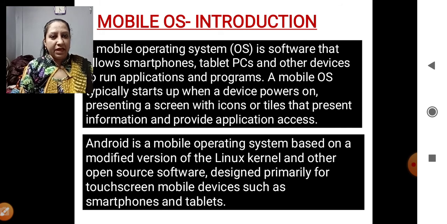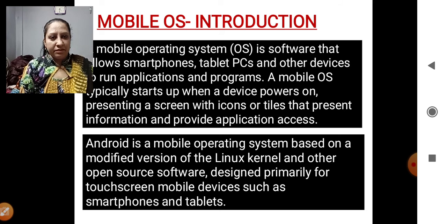There is hardly anything which the mobile leaves out. So like a computer needs an operating system to run, similarly a mobile system needs an operating system.